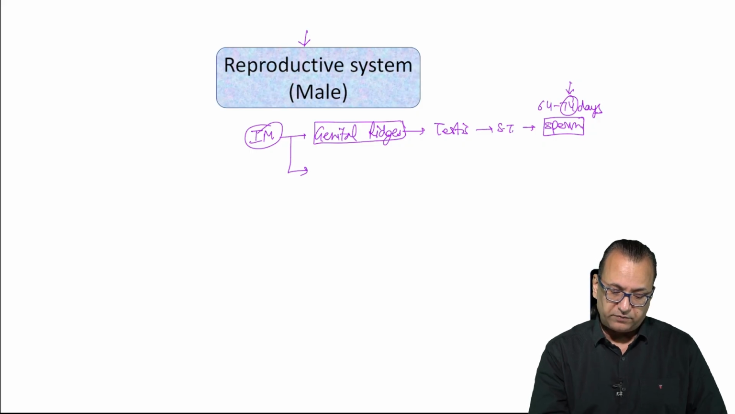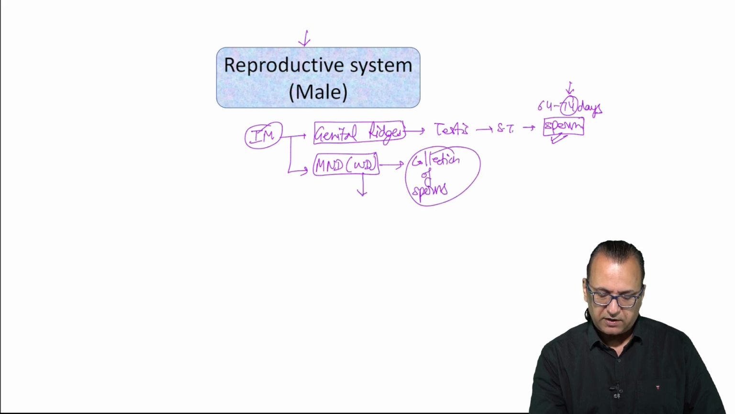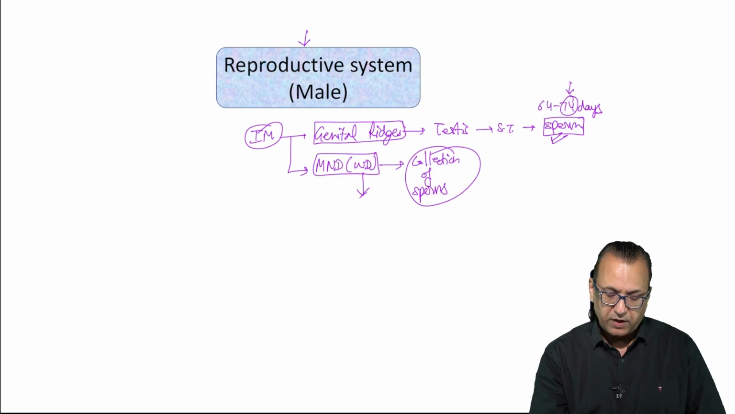Now, on the other hand, the intermediate mesoderm will also give us what is called the mesonephric duct or the Wolffian duct, and this is to collect the sperm. So, once you have formed the sperm, then you have to collect them and transport. So, collection and transport of sperm is being done by some of the ducts, and those ducts which are coming from the mesonephric duct, also called Wolffian duct, are going to be, you can remember four names: the epididymis, and then